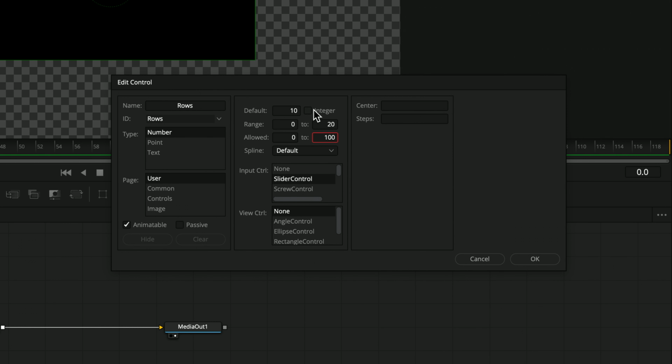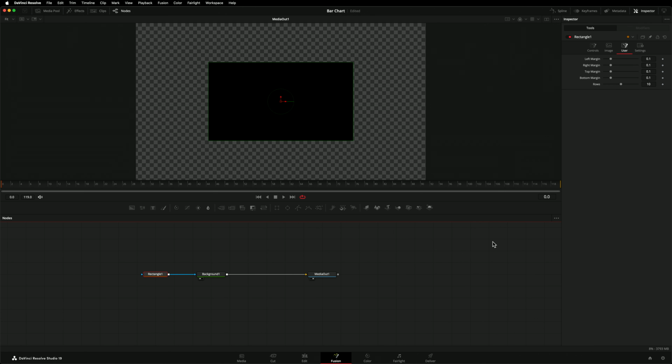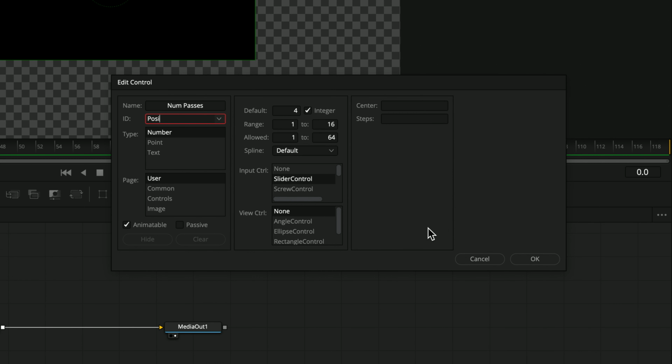Of course, it needs to be an integer value. We can't have half a row. Next, a position slider. This will define which row on the graph this bar occupies. I'm calling it position. I'll give it the same properties I gave the rows control, except I'll set the default as row 1. I'm going to make this an integer control for now, but I might change it to work